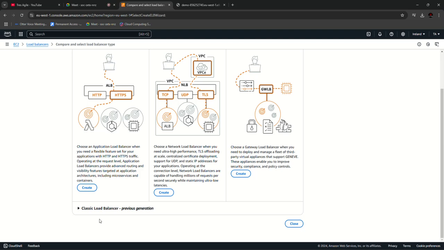So this Classic load balancer is suitable for microservice architecture, but you have to create a load balancer for each and every service. Imagine the LoadBalancer service type in Kubernetes. Why did we use Nginx? Why did we use Ingress? Because with one Ingress we can route the traffic to all the services, because it can have the rules and everything, right? Similarly here, if you're using the Classic load balancer with a microservice architecture,